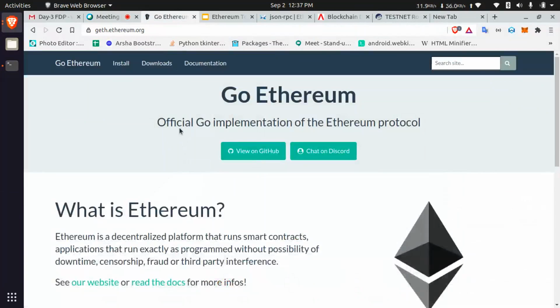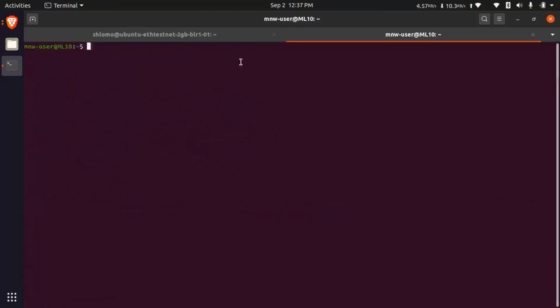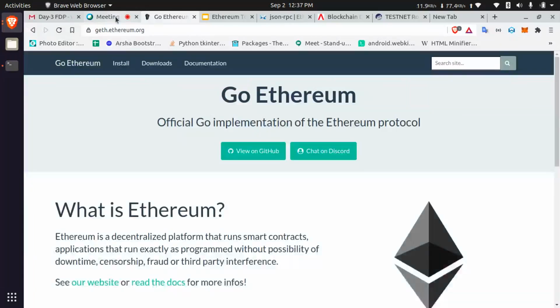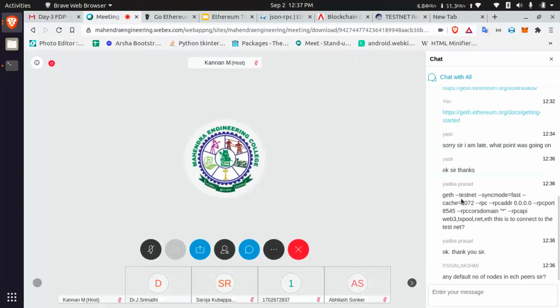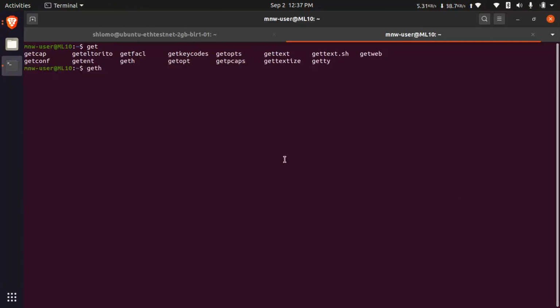I'm not sure about Windows, but if you have installed Geth, in that I just enter the command. If I enter testnet, it will connect with my testnet. That's all. Just try to open your command prompt and then try to access Geth.